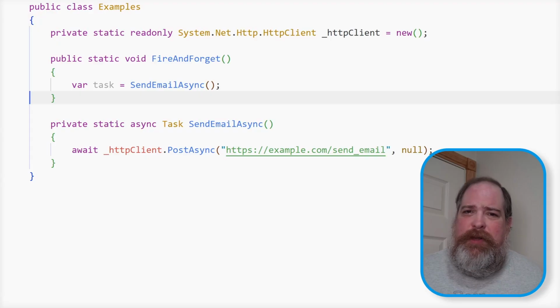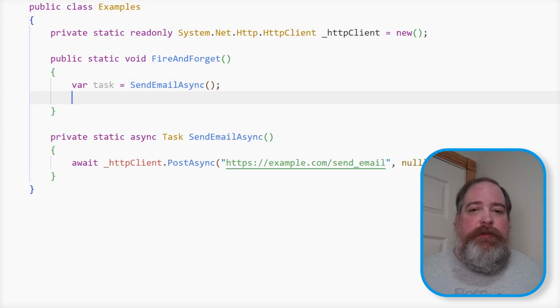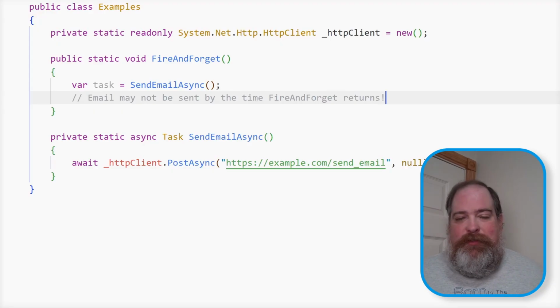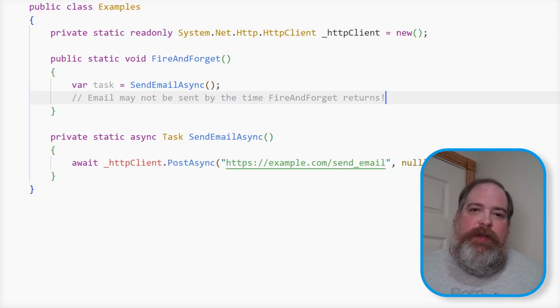The example that I've seen more than any other example is trying to send an email from like a web API. So what some people do is they'll fire and forget off the email because sending email is slow for whatever reason. And so they'll fire and forget this email. And the problem is that that web API handler has returned to the browser and said, yes, everything I have to do is done. And the problem is that email hasn't been sent yet. It's done in a fire and forget manner. And then you have the situation where if you actually shut down that server for whatever reason, you're going to lose that email because it hasn't actually been sent yet.